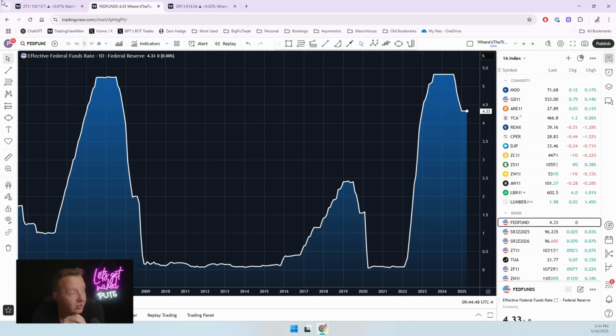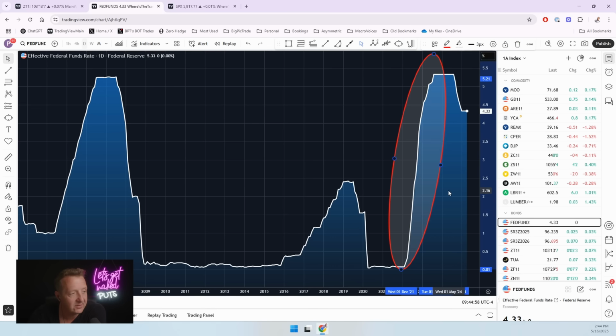So it is May 2025. What's flashing right now? Well, number one, we have a Fed that is maintaining very tight credit conditions. So looking at this chart, I have here the effective federal funds rate by the Federal Reserve. And so we had one of the largest monetary tightening cycles in history that occurred in 2022 when they raised interest rates to over 5%.